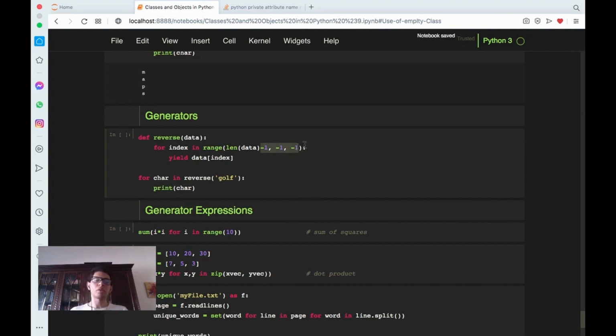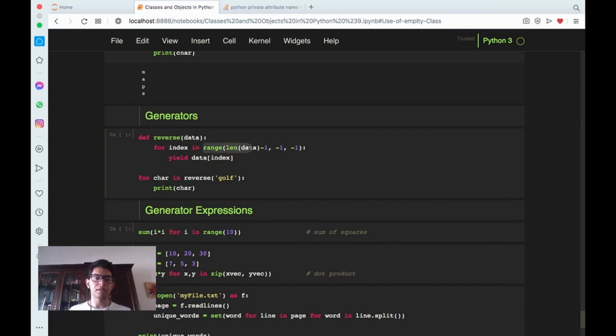Here you can reverse with this kind of looping, with entries in the range function. It's like -1, minus step 1 from the other side. And here you can yield each data, you can yield data of index. For example, we just change actually the order. You give it data and data of